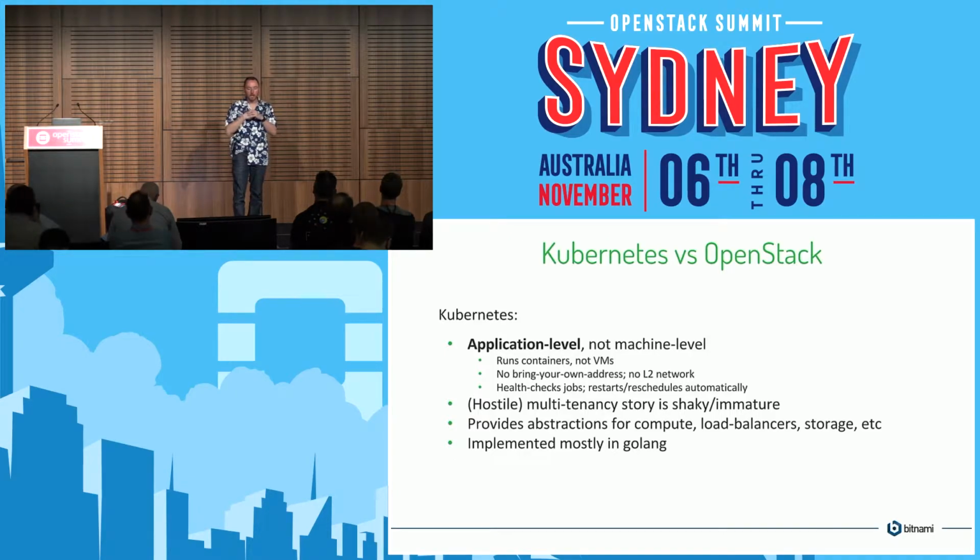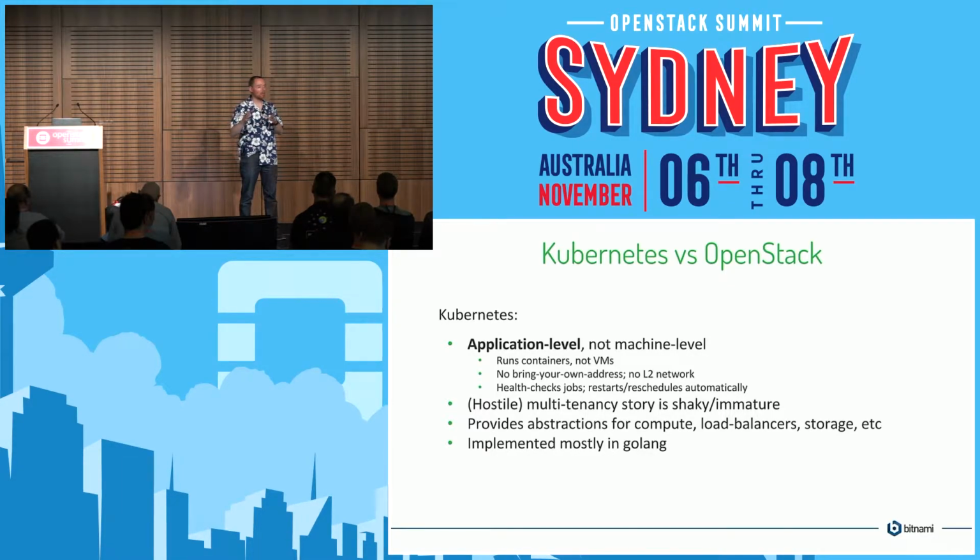Multi-tenancy is much less of a mature story in Kubernetes compared to OpenStack. And to be honest, the attack surface is a lot greater. In Kubernetes, you're sharing a kernel. Fundamentally, you have the same Linux kernel shared amongst all of the containers that are running on that host. That means they all have to be Linux. They all have to be the same kernel version because they are the same kernel. It also means, from a security point of view, your attack surface is that whole kernel. If you're paranoid, that's a pretty big attack surface.